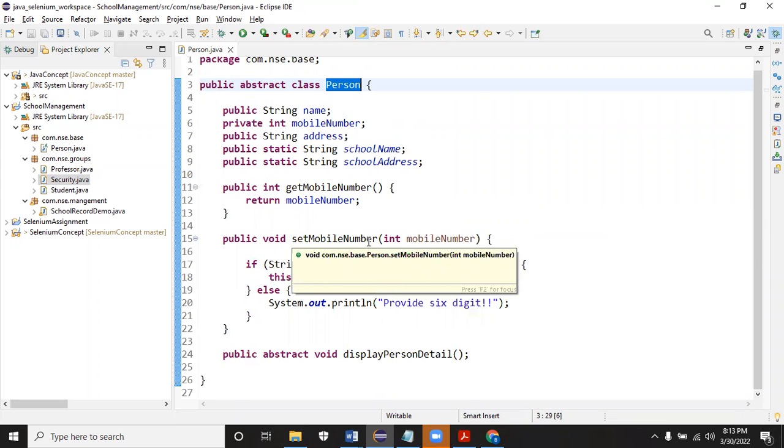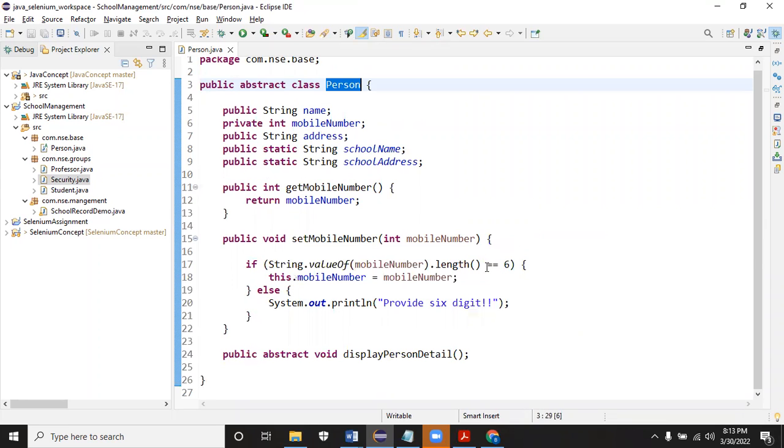For example, if you take employee, there will be a contract employee and then a permanent employee. For contract employee and permanent employee, the salary calculation will be different. Apart from that, employee number, employee name, and project code, everything will be common. So whatever is common, we will create a class called Employee and give those details inside the class. And we will create classes called ContractEmployee and PermanentEmployee, which will extend the Employee class. In the Employee class, I will create one abstract method like this, calculate salary. Salary will be different. Clear for you?